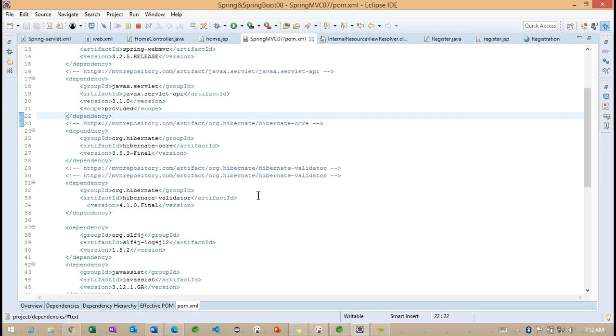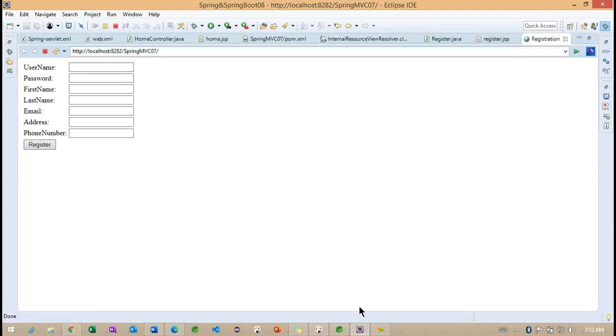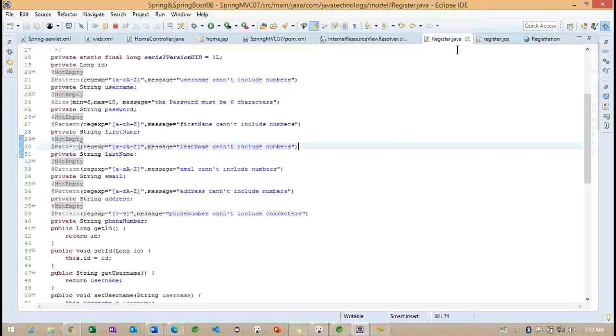No, actually that is not the problem. Basically, that would give some dependency exception. So we'll see this time. Okay.